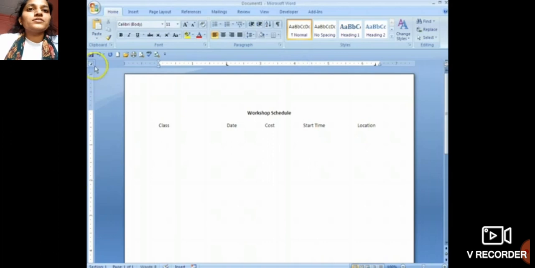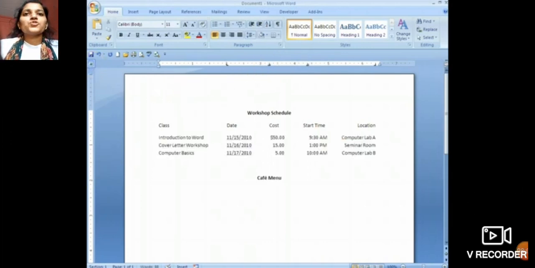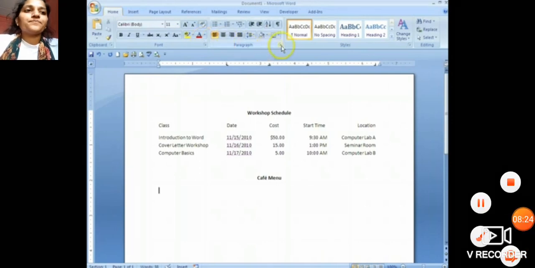Here are the tabs which we can see. This is how we are going to set the tab key. It is very easy. You just set the tabs using the rulers, and if they have already been set on your computer, then you are not supposed to do anything. Just type your letters and press the tab key.